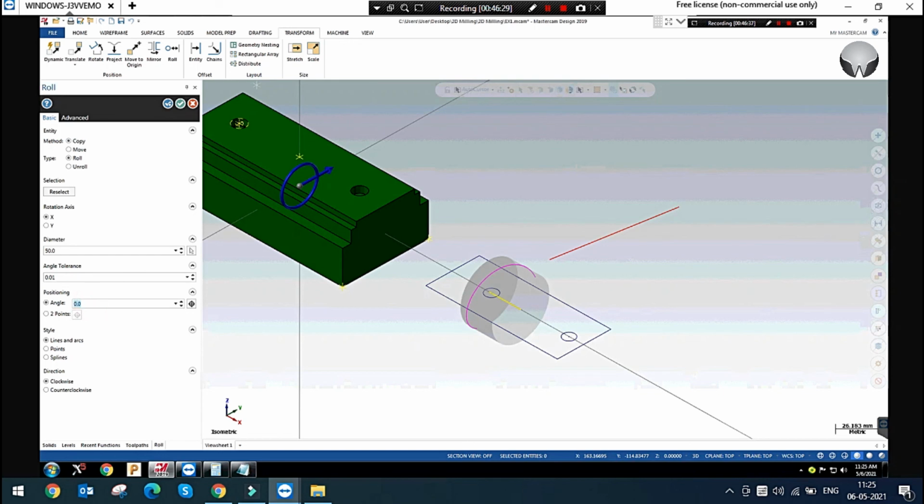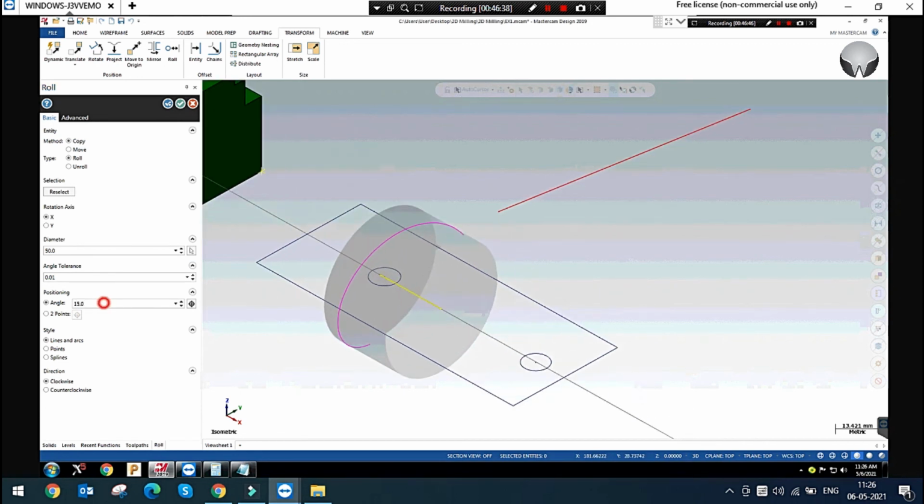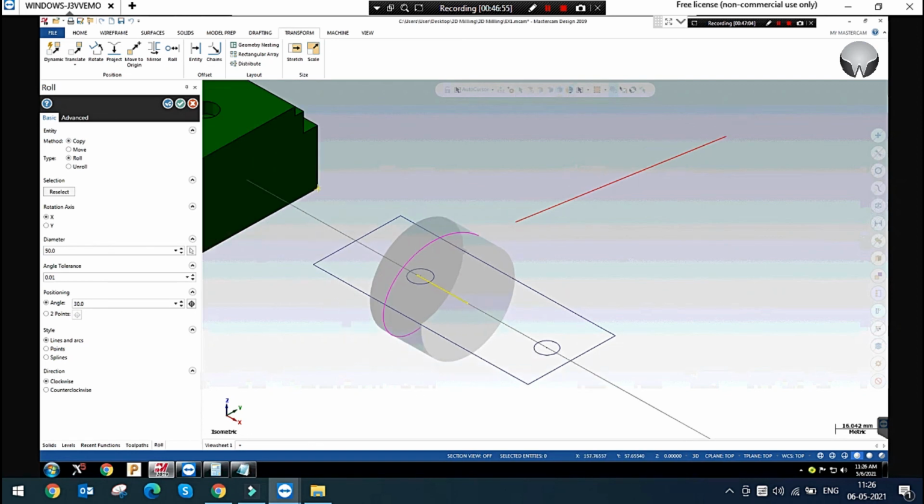And you can give the angle position where it will start, angle 0 degree or 15 degree. You can see it has moved. I'm just giving 30 degree. You can see the difference. The circular 360 degree, right? From the 0 angle, it has been moved to the 30 angle. It has started from 30 to the end of the line.